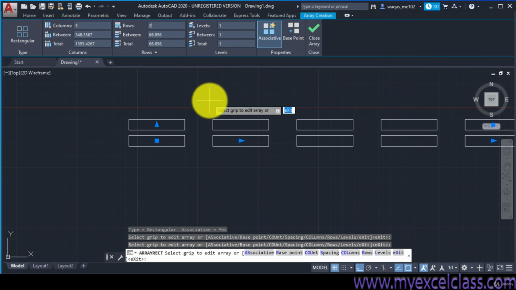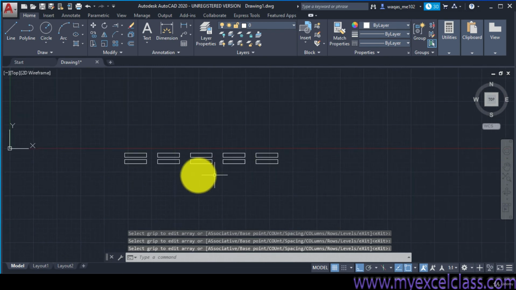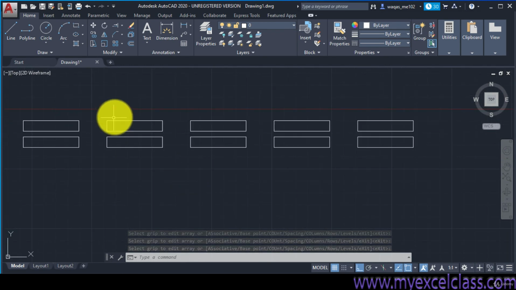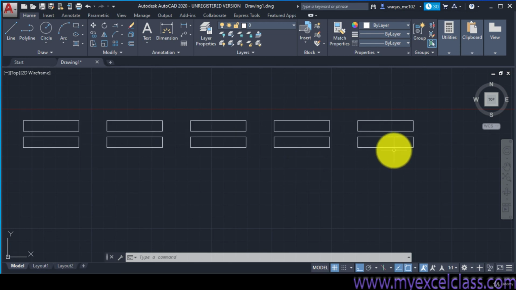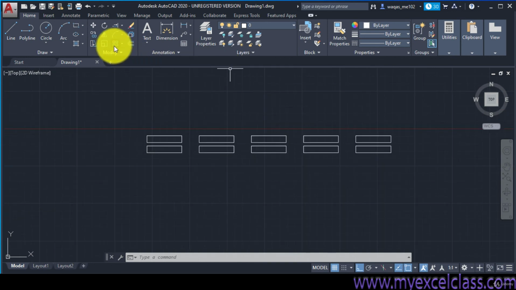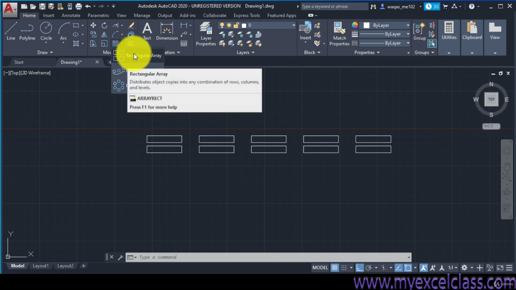Well, this is done. Here is the object having 5 columns, 1, 2, 3, 4 and 5, and 2 rows, 1 and 2. So this was the rectangular array, and the others are just like this one.